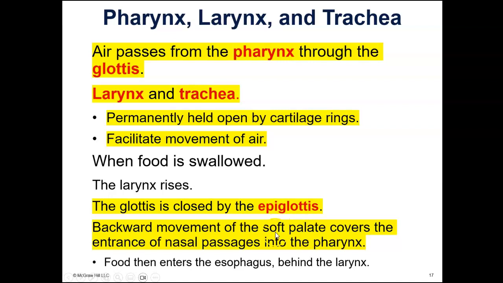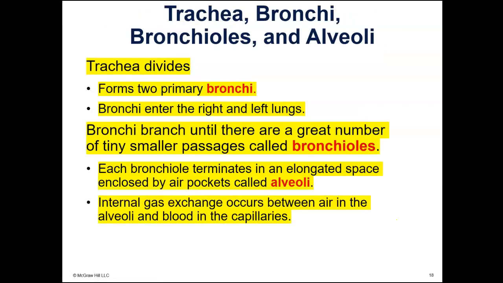So when you swallow, your soft palate, in the back of the roof of your mouth, will close over the entrance to the pharynx from the nasal passages. It's called the nasopharynx, and it closes over that so that food doesn't go up your nose. In both cases, when you're swallowing, food and drink can go up your nose and also into your windpipe if you're eating too fast, or you're trying to talk or sing or laugh when you're eating or drinking. We've all done that. But most of the time, those two processes work, where the soft palate closes over and